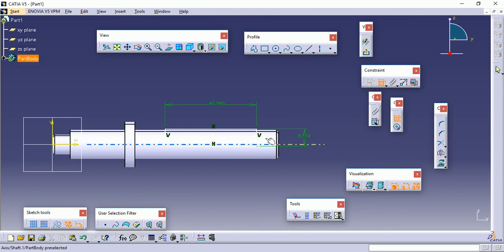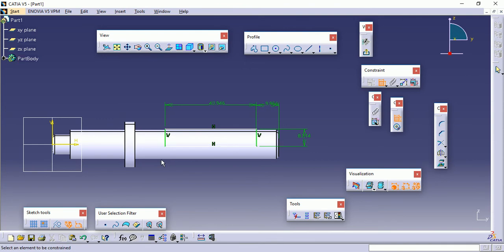This is 7. Again from this side this is 4.50, and the total length is 14. So this should be 7.